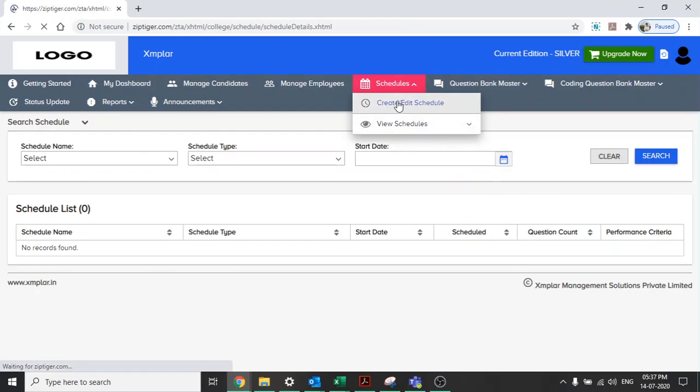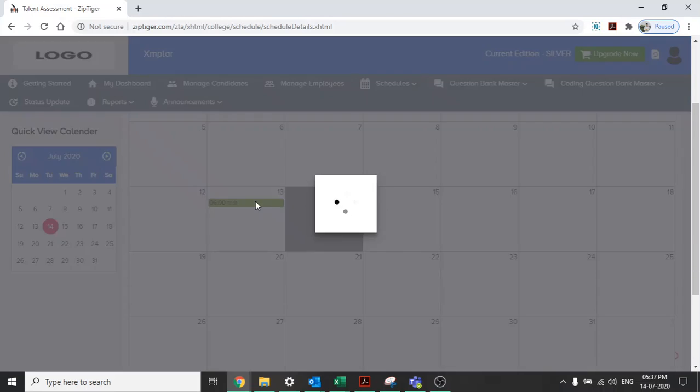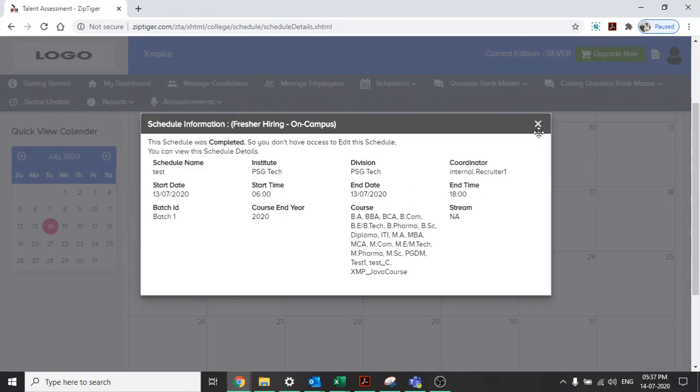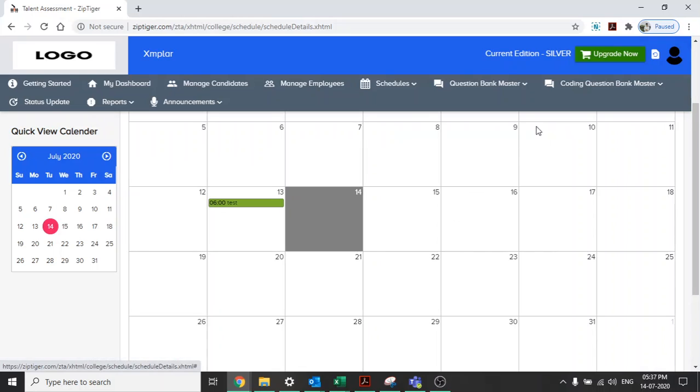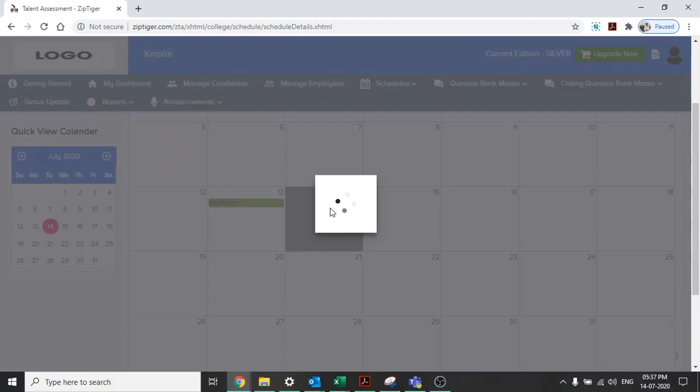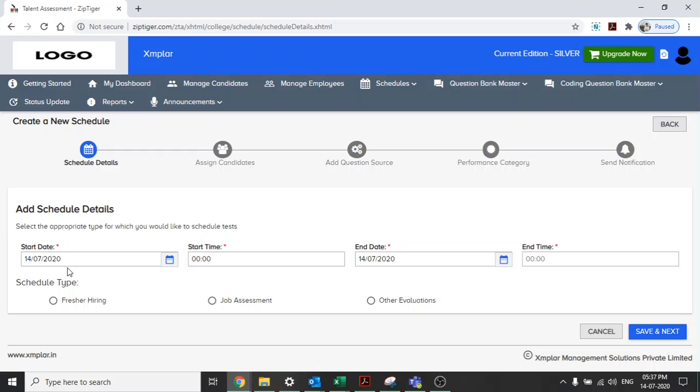So this is Create Schedule. Here you can see there is already one schedule created for hiring campus. I'll show you the basic details of it. You'll enter the date and time, from when to when this test will be available.